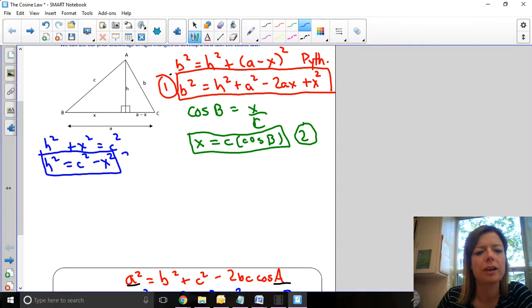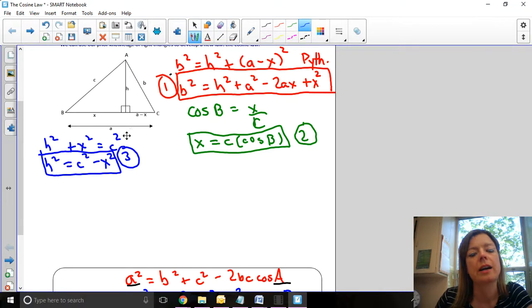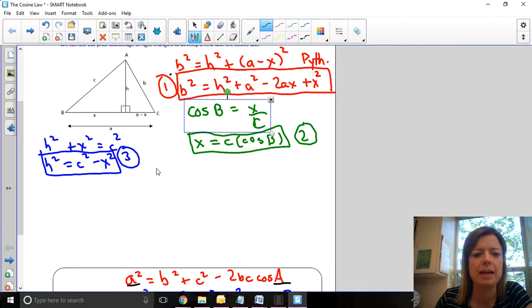Okay, so all 3 of these are just equations that we came up with using this well-labeled diagram and using Pythagorean theorem in the case of the red and the blue, and just using SOHCAHTOA, so the fact that cos of B is adjacent over hypotenuse, to come up with these 3 things. So these are all just equations we've made based on what we already know. So what we're going to do now is like a good trick to use in mathematical proofs. We're going to sub the information from equation 2 and from equation 3